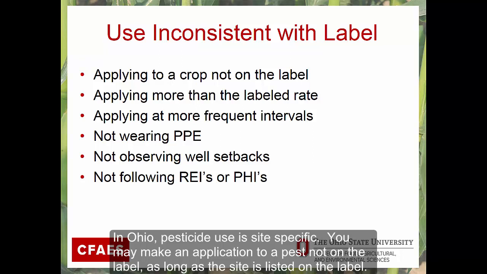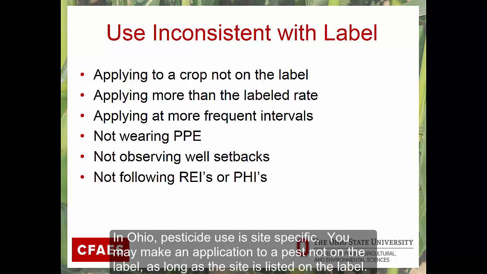Let's go ahead and look at some examples of what would be a use inconsistent with the labeling. This is what you must not do. Very important. You cannot apply a pesticide to any crop or situation not listed on the pesticide label. You cannot use more than the labeled rates. You cannot apply at more frequent intervals. Very important, you cannot ignore the PPE. You have to observe well setbacks and follow the REIs and PHIs, which we're going to define a little bit